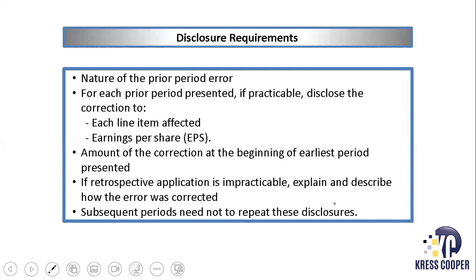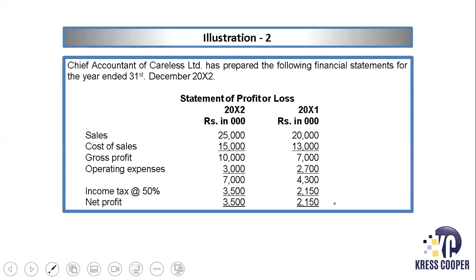For each period presented, if practicable, disclose the correction of each line item affected and the impact on EPS, earnings per share. The same disclosure that we discussed in accounting policy change. Also disclose the amount of the correction at the beginning of the earliest period presented. If retrospective application is impracticable, explain and describe how the error was corrected, and subsequent periods need not repeat these disclosures. So this is the illustration in which we see that the Chief Accountant of Careless Limited has prepared the following